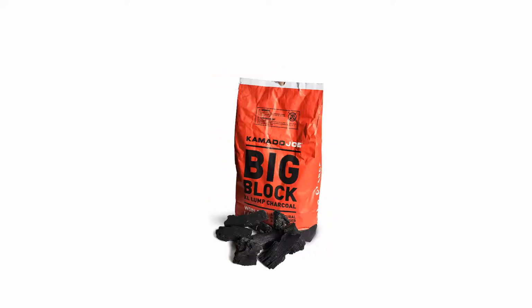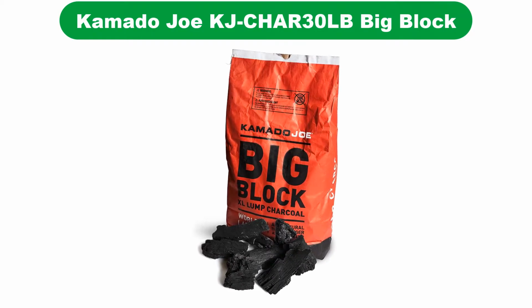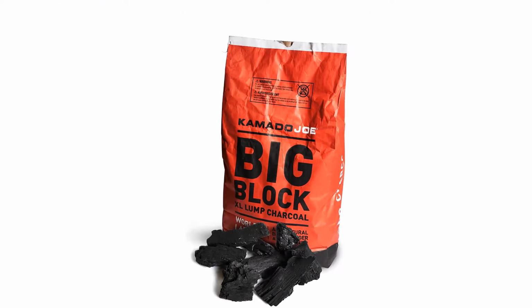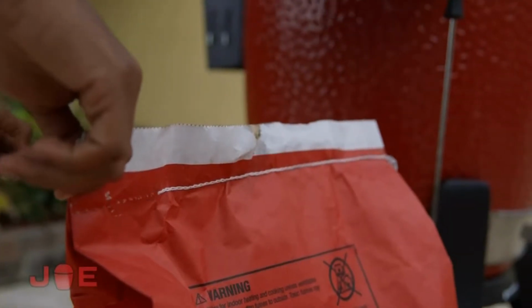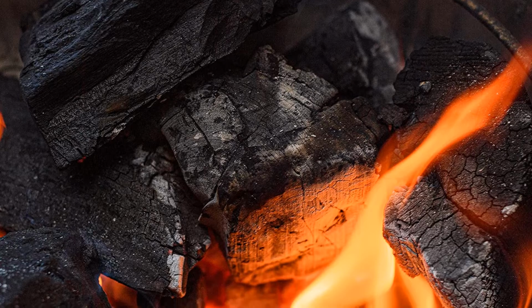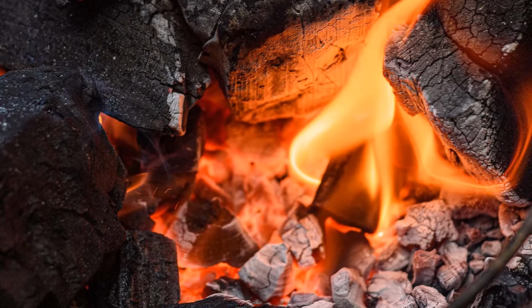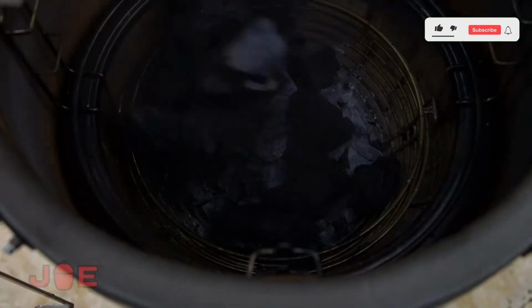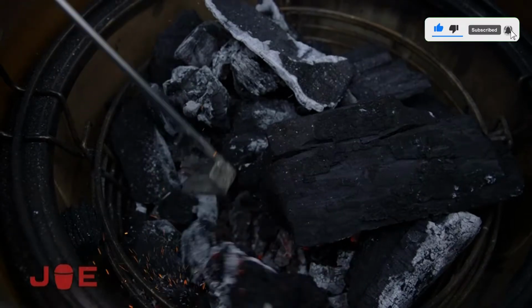Number 2. Our second best pick is Kamado Joe Big Block XL Lump Charcoal. In Kamado, cooking, fire, and smoke are two defining characteristics that provide incredible taste. Argentinian artists make this big block lump charcoal. It is not only large but delivers better burn time, flavor, and smoke. Therefore, it is the perfect alternative for consistent and reliable fuel, making it easy to fire up and flavor your